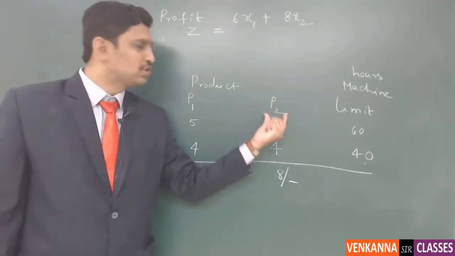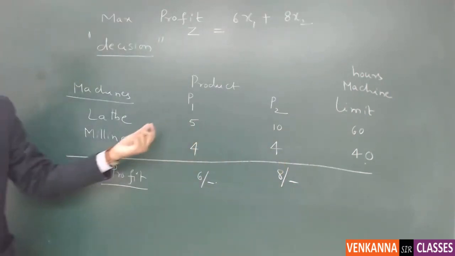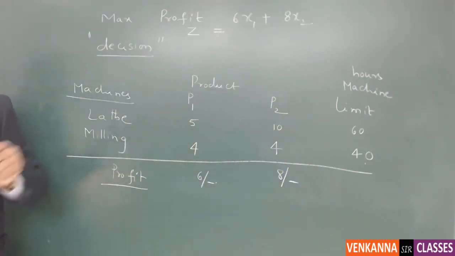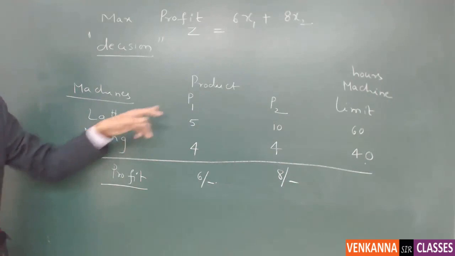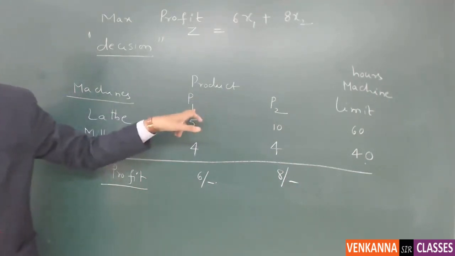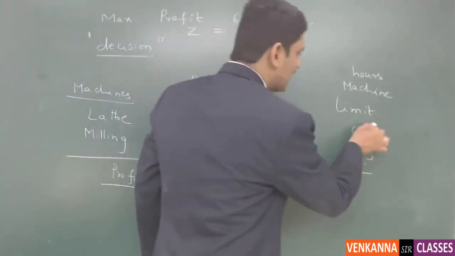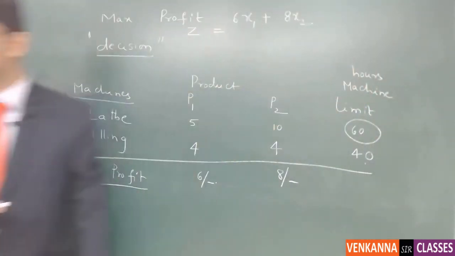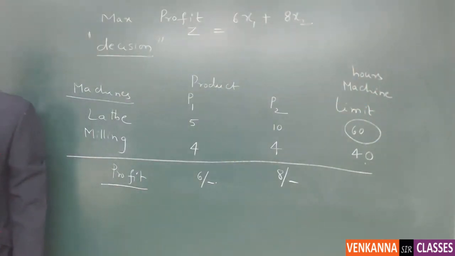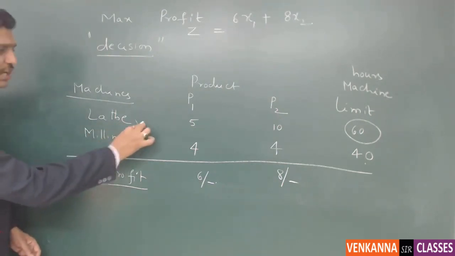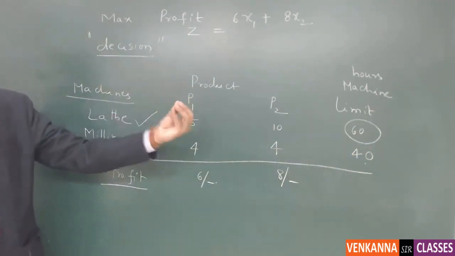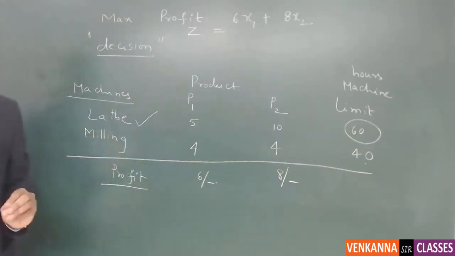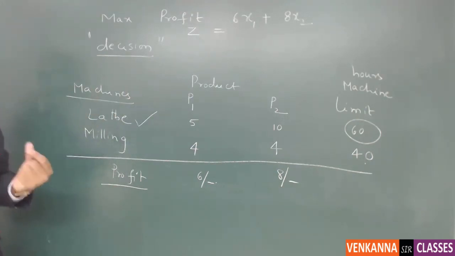Similarly, for P2 also you have two stages, and at each stage I have mentioned how many working hours are required. Is it clear? And for each machine, whatever product you manufacture, you cannot exceed the maximum limit of hours, which is 60 and 40. So you can use machine 1 at most 60 hours, whether you manufacture P1 or P2. So I will write the constraint as